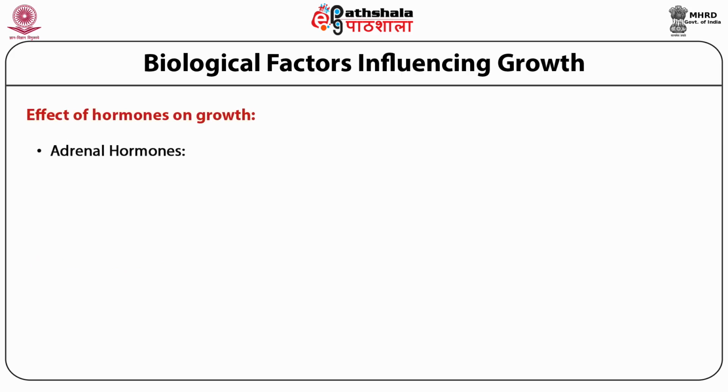Let's see what adrenal hormones are. The adrenal gland secretes a wide variety of hormones. This gland comprises the inner core, the medulla, and the outer shell, the cortex. The two are distinct from a functional point of view, and the medulla, which secretes mostly adrenaline, contributes little to growth. The adrenal cortex secretes three groups of hormones: the glucocorticoids,